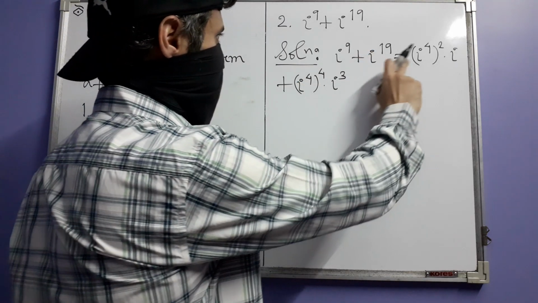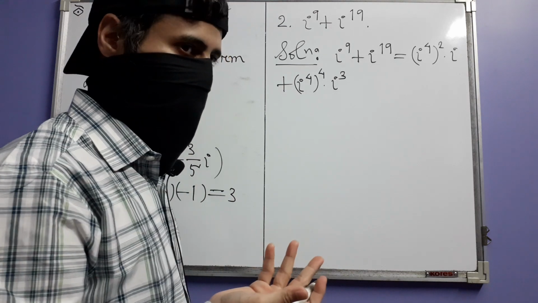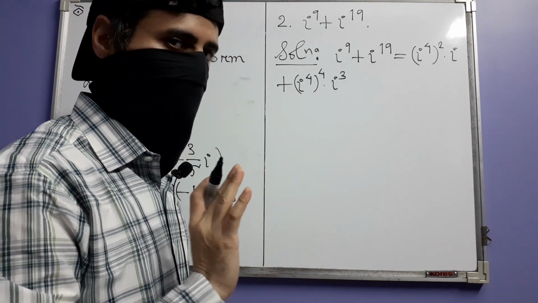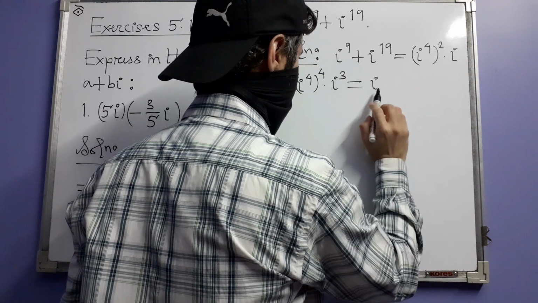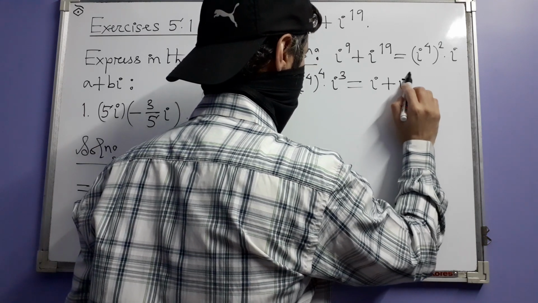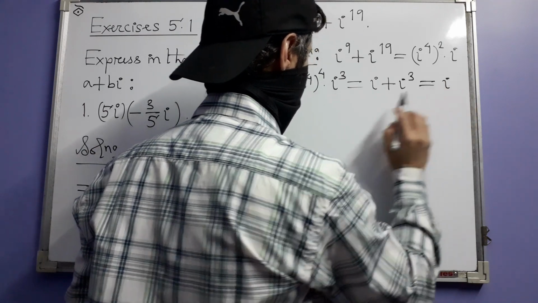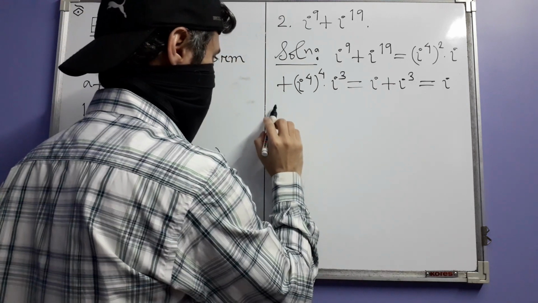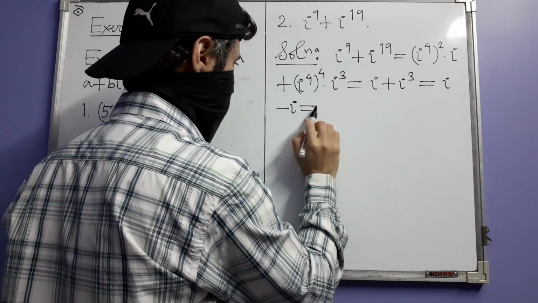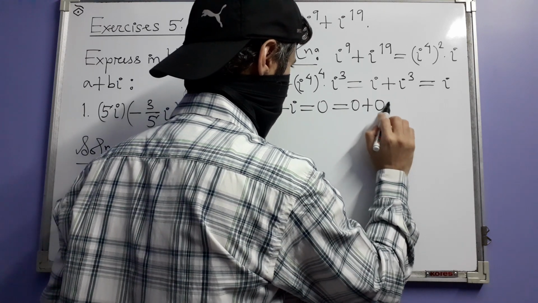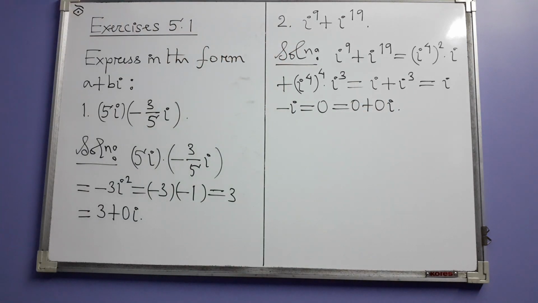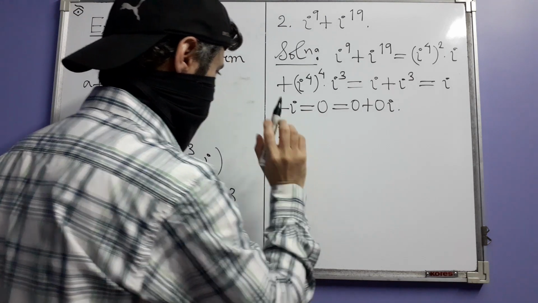So these parts containing i to the power 4 simply vanish because i to the power 4 is equal to 1. And you have i plus i cube. Now you already know that i cube is minus i, so that way you get 0, and 0 is 0 plus 0i. Okay, so that is the second one. Number 3,